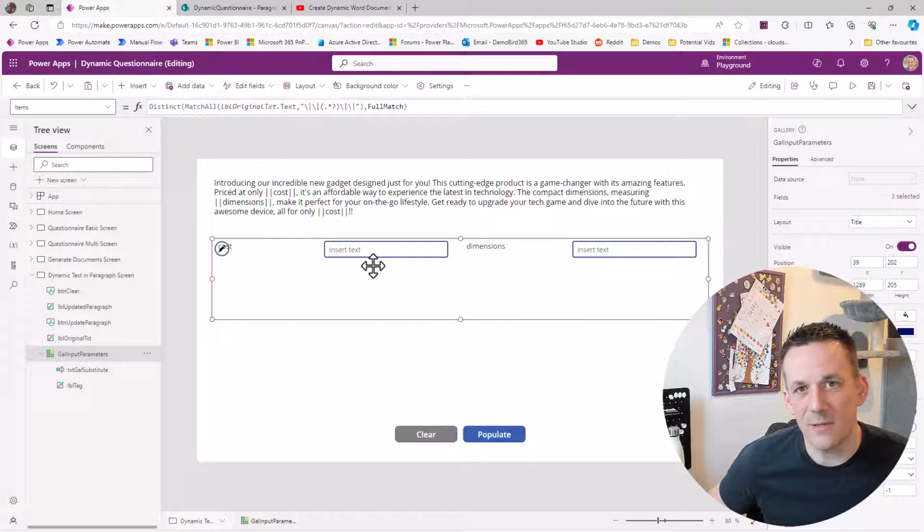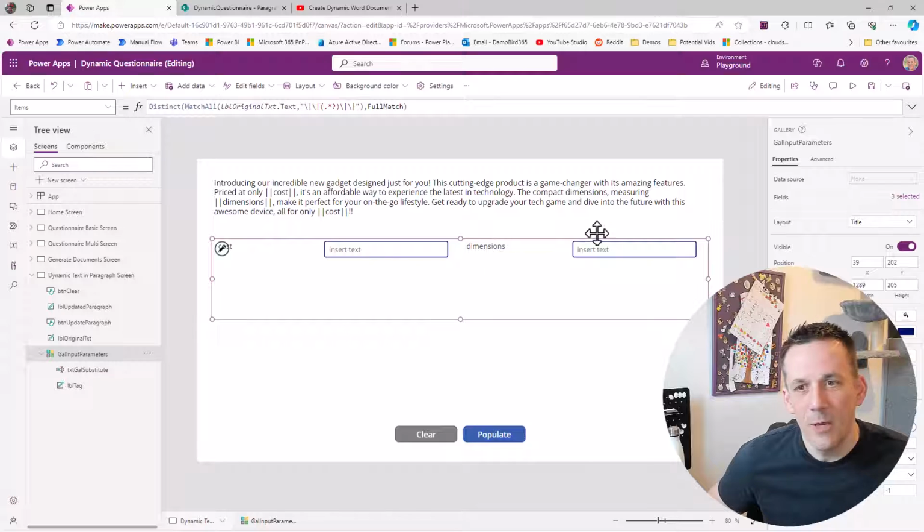And one thing that springs to mind, as well as being able to use this to generate Word documents, for instance, or paragraphs of text, it might actually be quite useful for building out prompts. So if you're using prompts as a concept for ChatGPT, you might want to parameterize those prompts, and by using this technique you can make the input properties for that prompt totally dynamic using the method that I'm now